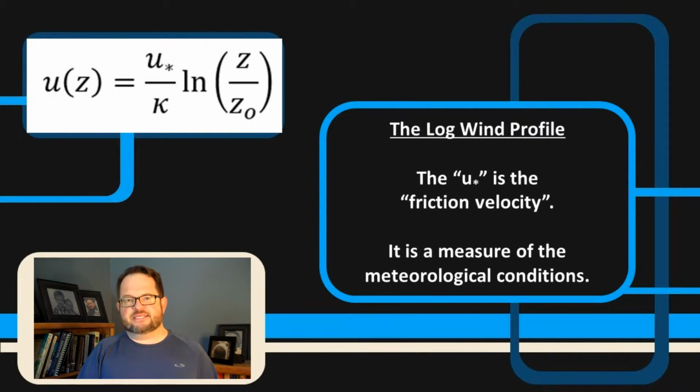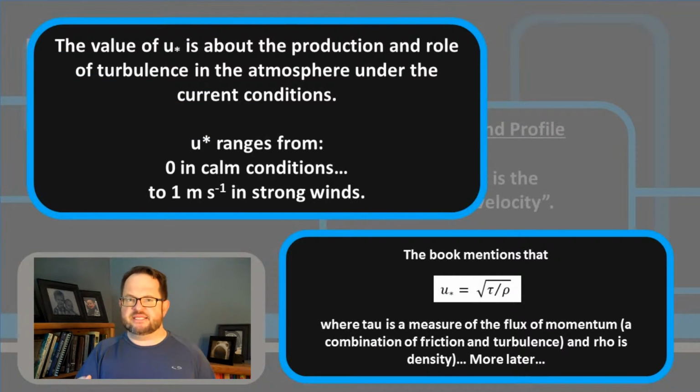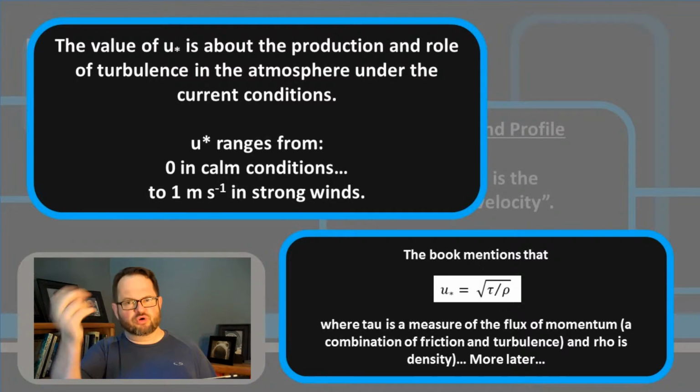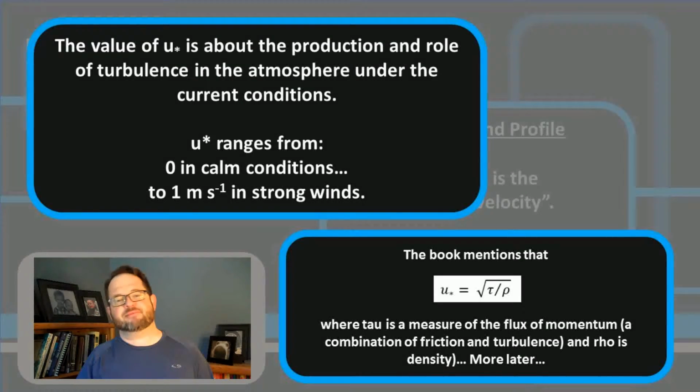The friction velocity is a measure of something about the meteorological conditions that we're under right now. It's actually about the production of turbulence in the atmosphere under different conditions. Under some conditions, the atmosphere is very efficient at producing turbulence, the little swirling motions, eddies and so on. In other meteorological conditions, the atmosphere is not good at that. It's a number that's going to range from approximately 0 under calm conditions and approximately 1 meter per second in